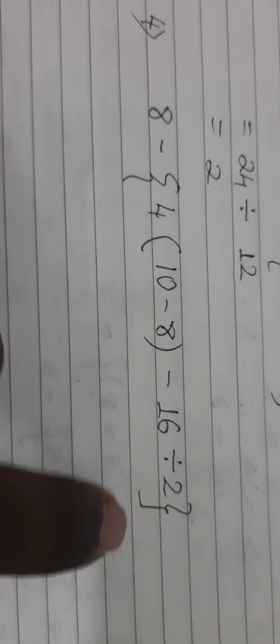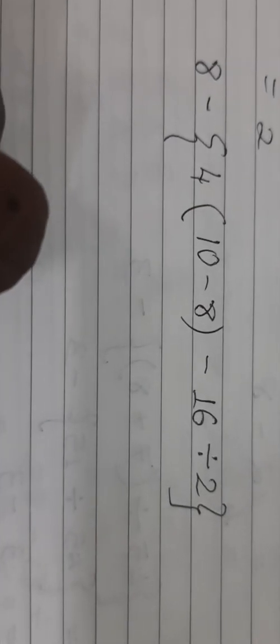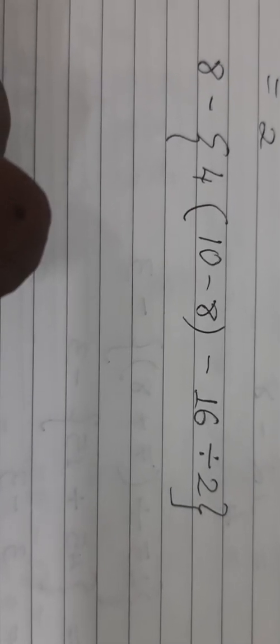Now we have the second bracket and we have the first bracket. So as the rule says, first we solve the innermost bracket, which is the first bracket. And again you can see between 4 and the first brackets, there is no symbol. No plus, no minus, no addition, no subtraction. So as I said, if there is no symbol, then we have multiplication as the default symbol. So I have given the multiplication sign in order to avoid any confusion. Remember, if no sign is given between the number and the bracket, there is a multiplication sign.